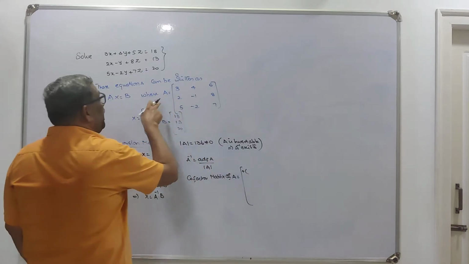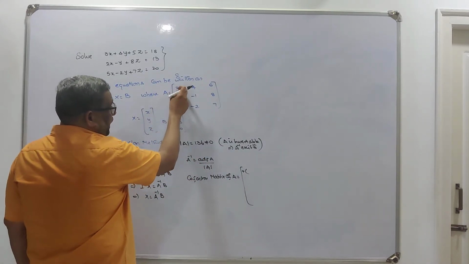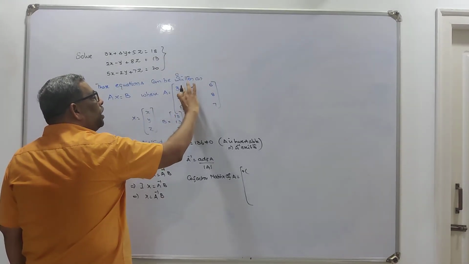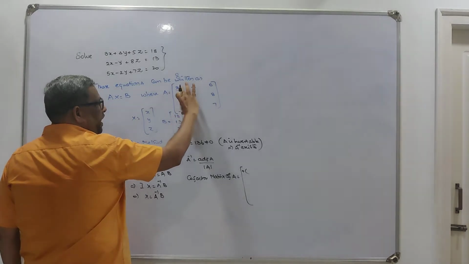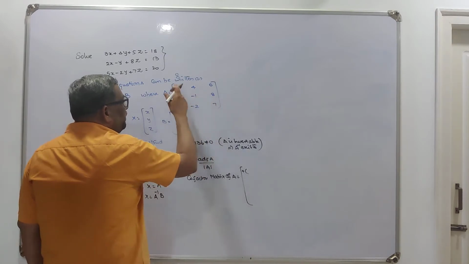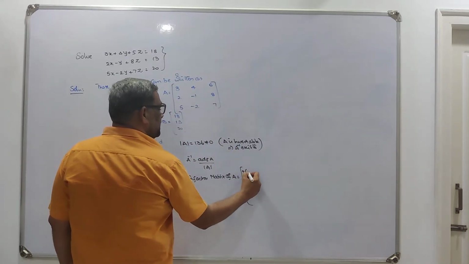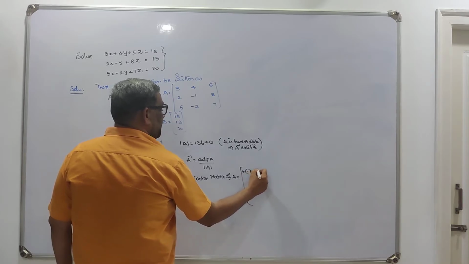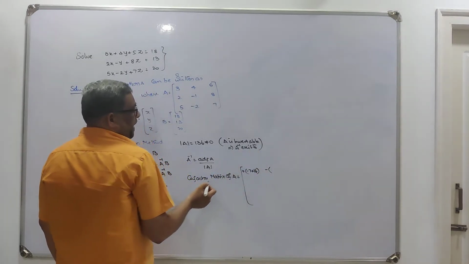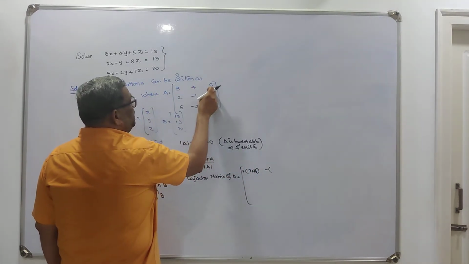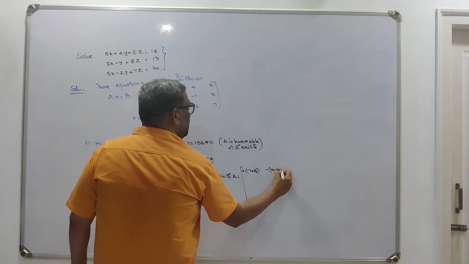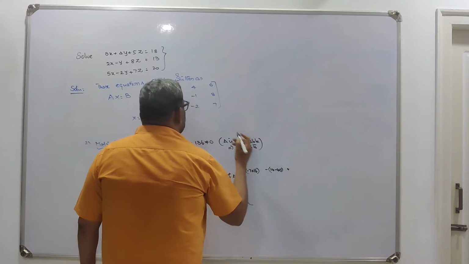Plus, you find the cofactor of this element. The cofactor of this element can be obtained by deleting the row and the column in which it lies, that is the first row and first column. You are left with a 2 by 2, and the determinant of this 2 by 2 itself is the cofactor of this element. So, minus 7 plus 16. For the second element, minus. You can take the signs in the alternating manner. This row and this column must be eliminated. This is 14 minus 40.